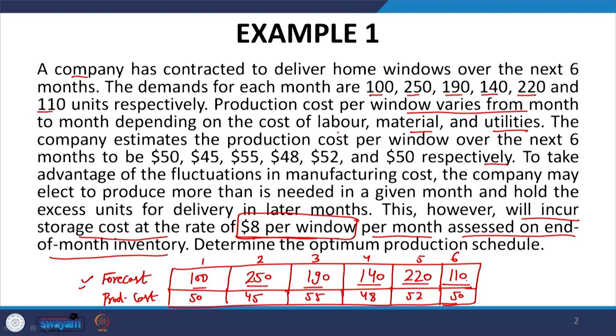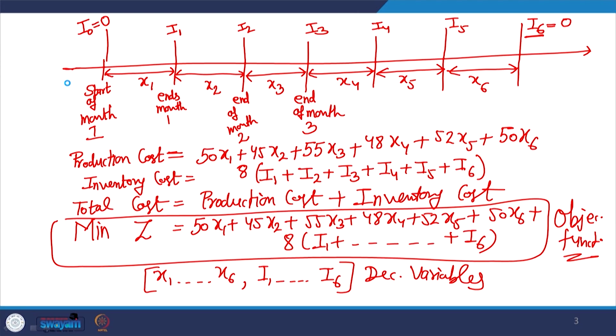So, we have to meet this forecast, and we need to meet it in such a manner that we incur the minimum cost. Otherwise, if there is no constraint, no boundary lines, then the obvious choice is to not produce anything, and that will give you 0 cost, but that is not possible. It is an impractical thing which I am saying. So, now we need to see, and this particular diagram will help us in understanding the development of these constraints.